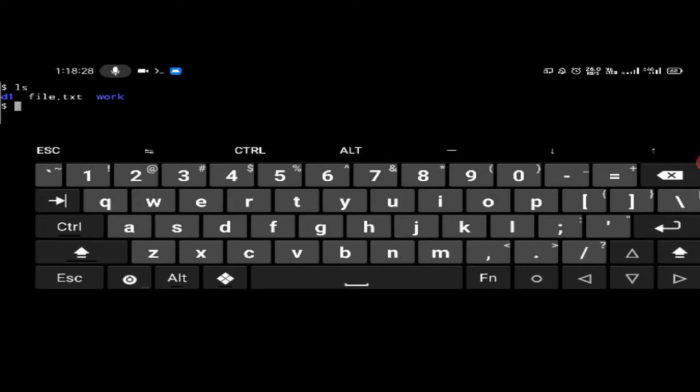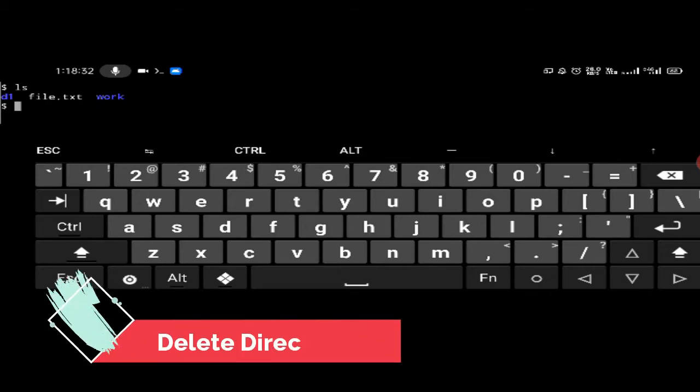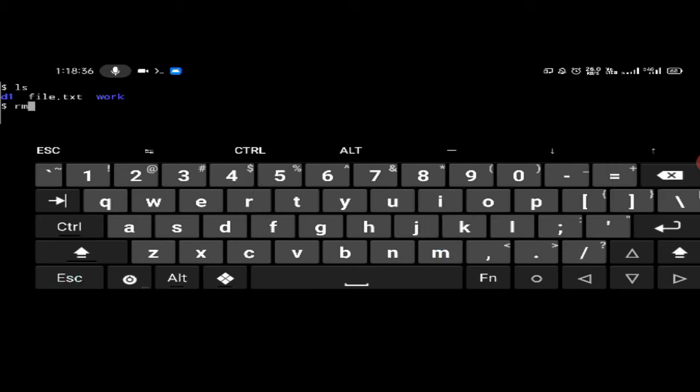Now the next command will be delete directory, and the command will be rmdir space directory name. In this situation I want to delete the work directory, so the command will be rmdir work.